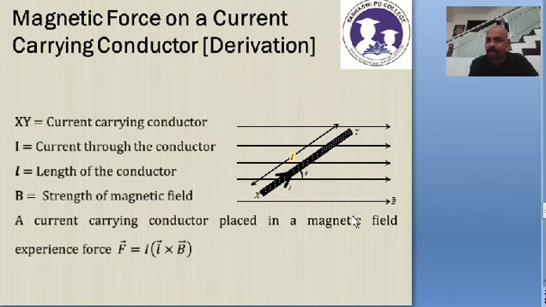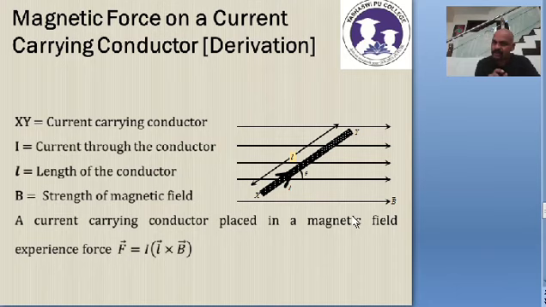So if I want to write this, consider a conductor of length L carrying a current I kept in a uniform magnetic field B at an angle theta. I repeat again, consider a conductor of length L carrying the current I kept in a uniform magnetic field of intensity B at an angle theta as shown in the diagram. That's what you are supposed to write. So you know the clear meaning of all the terms.